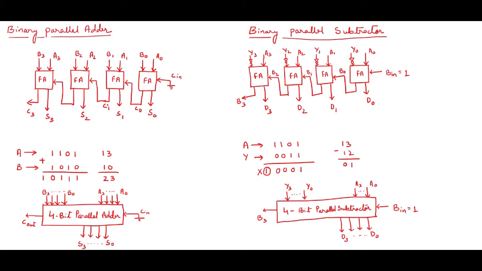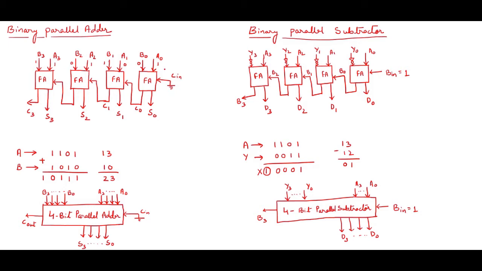Same example I'm taking over here, and I'll try to understand whether the circuit is working properly or not. So the value of A is 13 in decimal, so that is 1101. So let me pen it down over here. A value is 1, 0, 1 and 1. This is the A value. Similarly B value is what? B0 to B3, that is 0 1 0 1. So I'm taking this one as 0 1 0 and 1. Now we'll start the process.